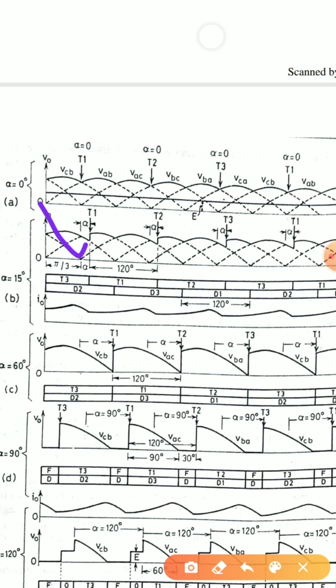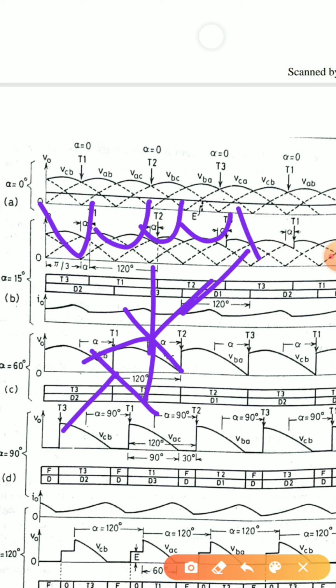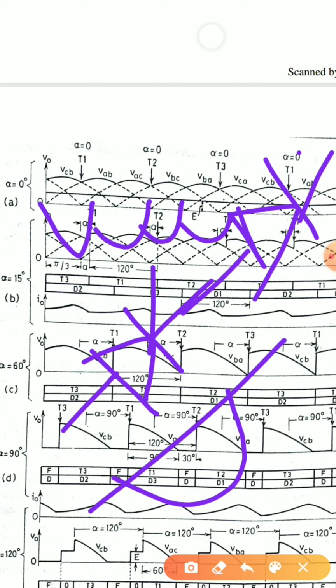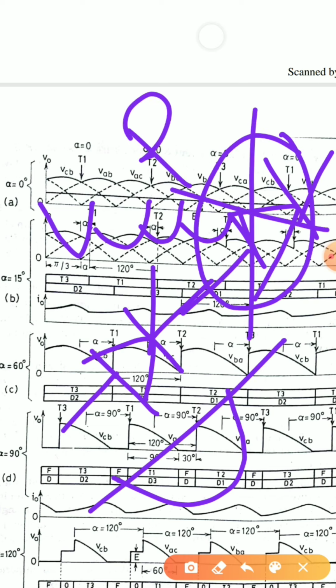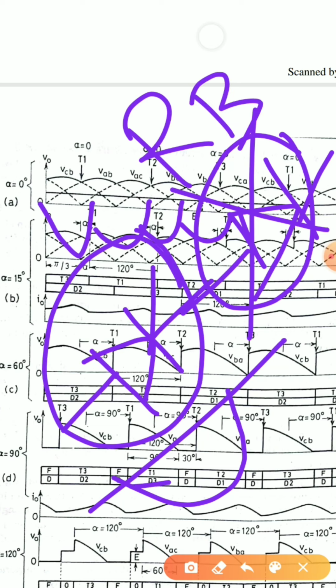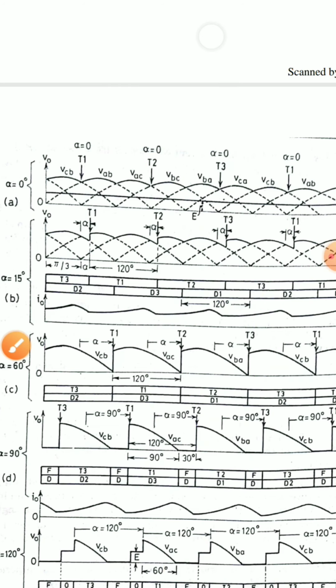Why? Because I am not concerned about the lower portion conduction, since I have a diode. When a diode is present in series, it clearly means that for the negative portion no conduction will be there, because the diode will turn off during the reverse bias duration. So the thyristor alone cannot conduct. Therefore I am not considering the negative portion; I am considering only the positive portion of the supply in the diagram.